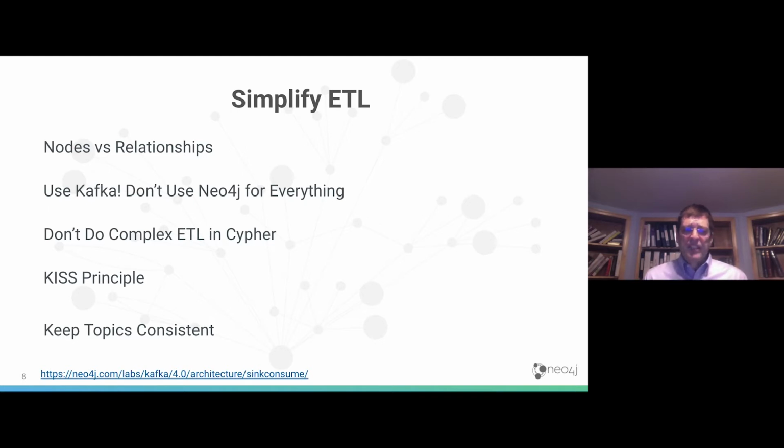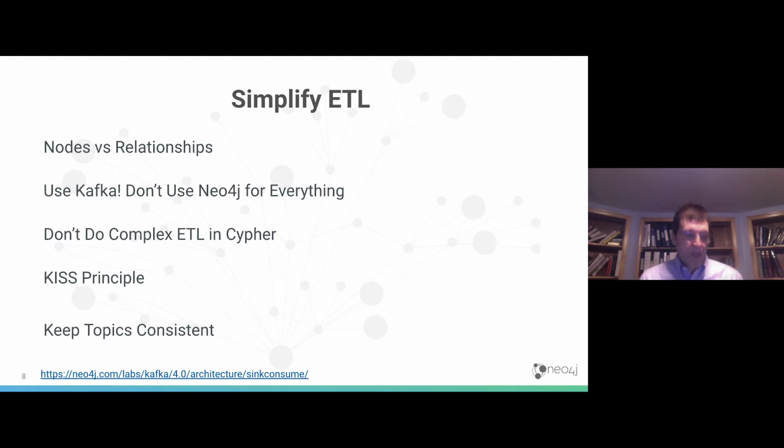Another strategy is to use Kafka. Don't use Neo4j for everything. Neo4j isn't the most optimal for that transformation piece. Kafka has KSQL and other ways of doing that data extraction and transformation before it gets to Neo4j. So when we write it onto the topic, we can pull off the data and easily load it. We can create the simple nodes and properties without doing a lot of if-case statements that slow down the